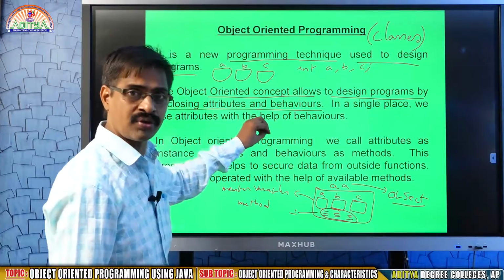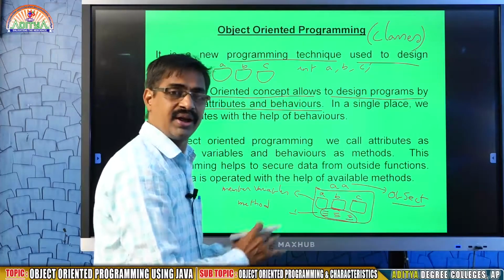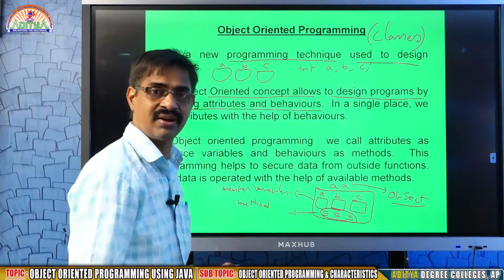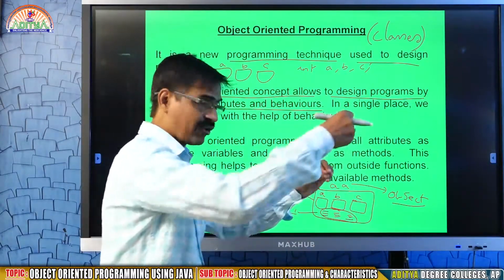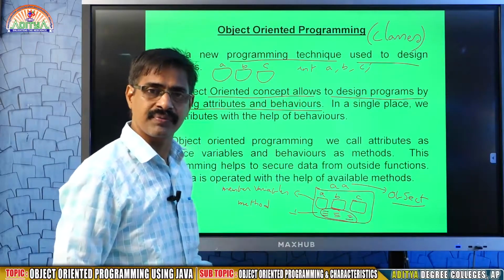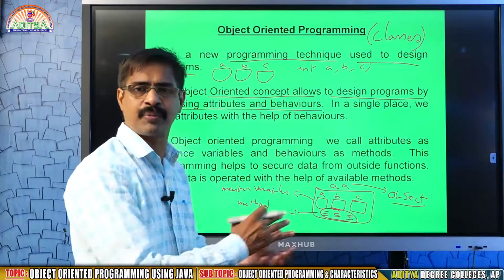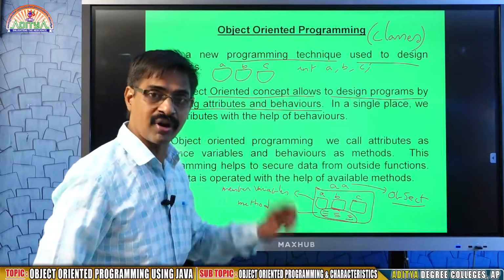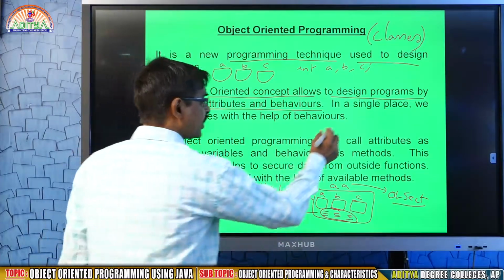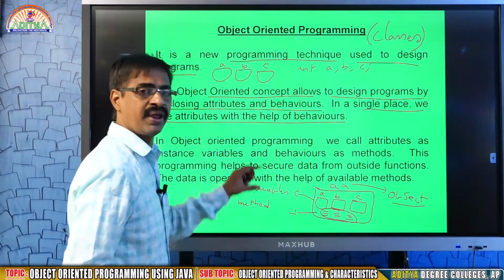Instead of creating variables on one side and creating methods or functions on another side, where these functions show the activity on the variables, it means variables and methods are created in different places in structured programming. But in object-oriented programming, it is not like that. We combine these two things in an object. In a single place, we use attributes with the help of behaviors.